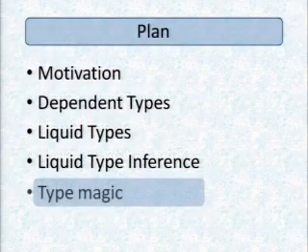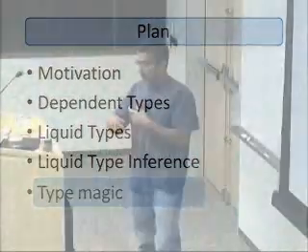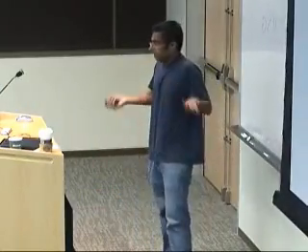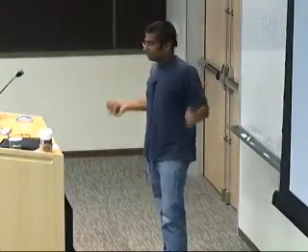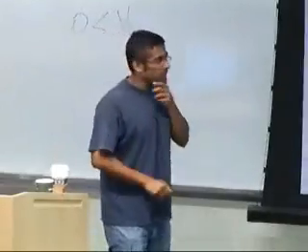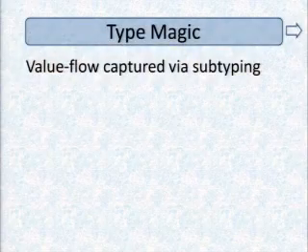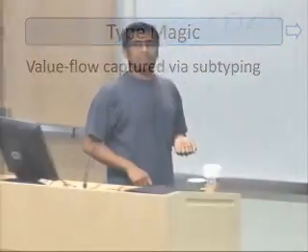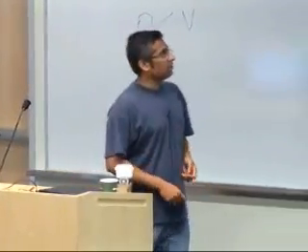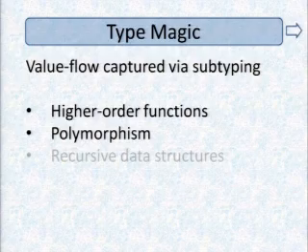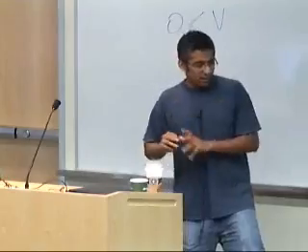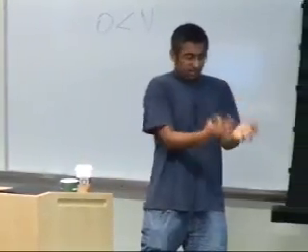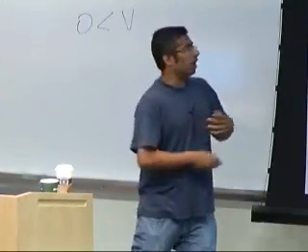But that was really the most frivolous program because there was just sum, and it's a very simple integer thing. What's the point? We knew how to do all this with imperative programs. So what did the types really buy us other than a bunch of arrow notation? Well, let's see. What types allow you to do is capture all value flow via subtyping. And so what this gives you is that things like higher order functions, these are all things that data flow analyses really suck at. When I have a function, I throw it at another function. A function takes another function as input.